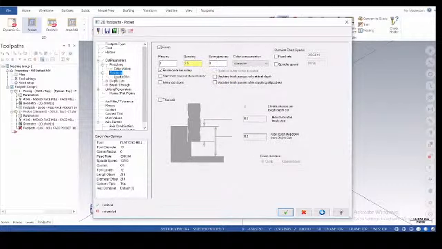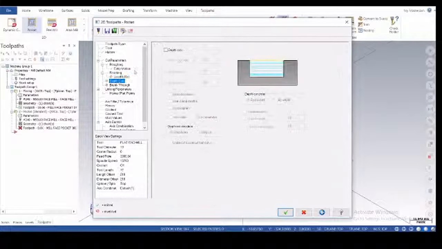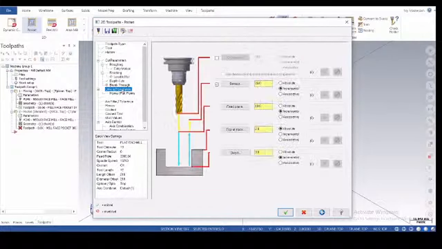If you want to do any finishing of the process, you can provide that. And lead in, lead out. This is not necessary. I will tell you about this lead in, lead out, and why we actually use it. And depth cuts 1 mm. Then linking parameters and clearance as per your requirement.